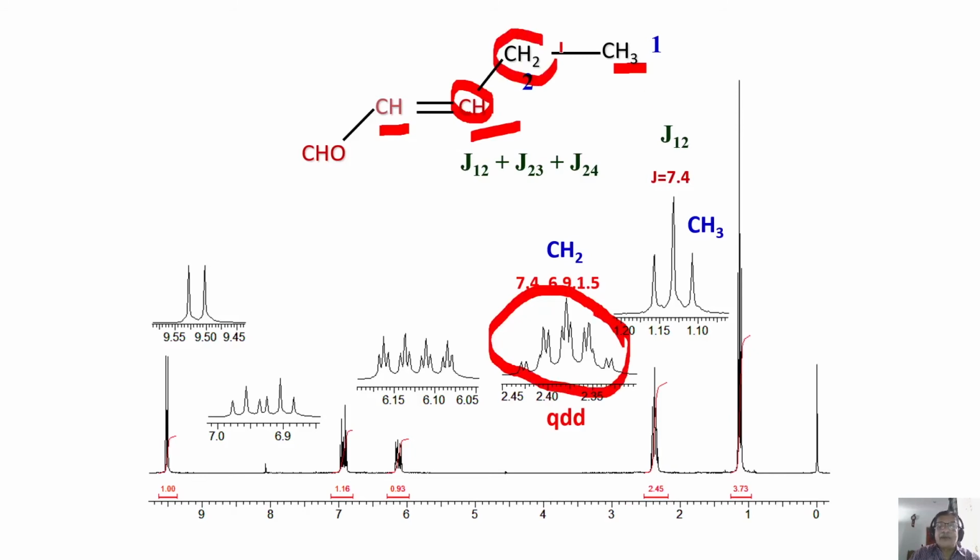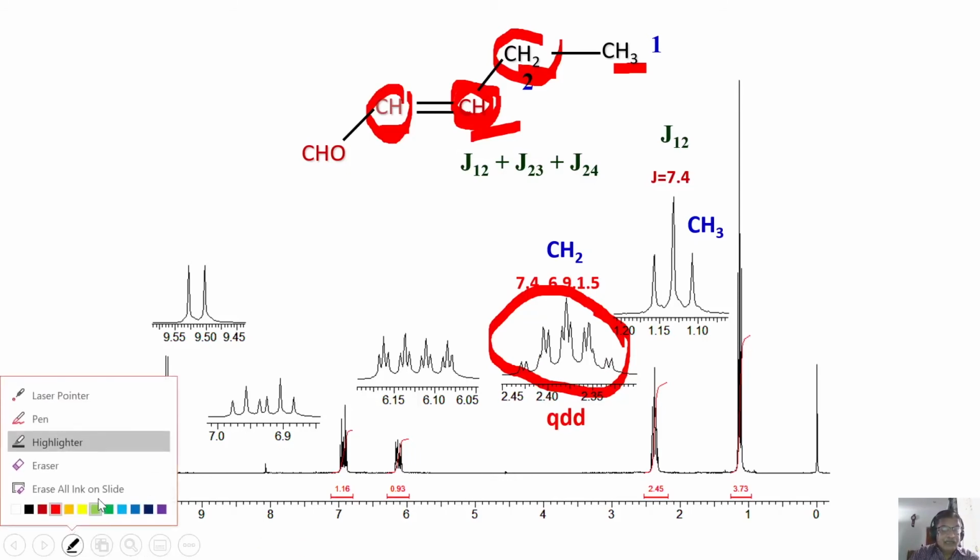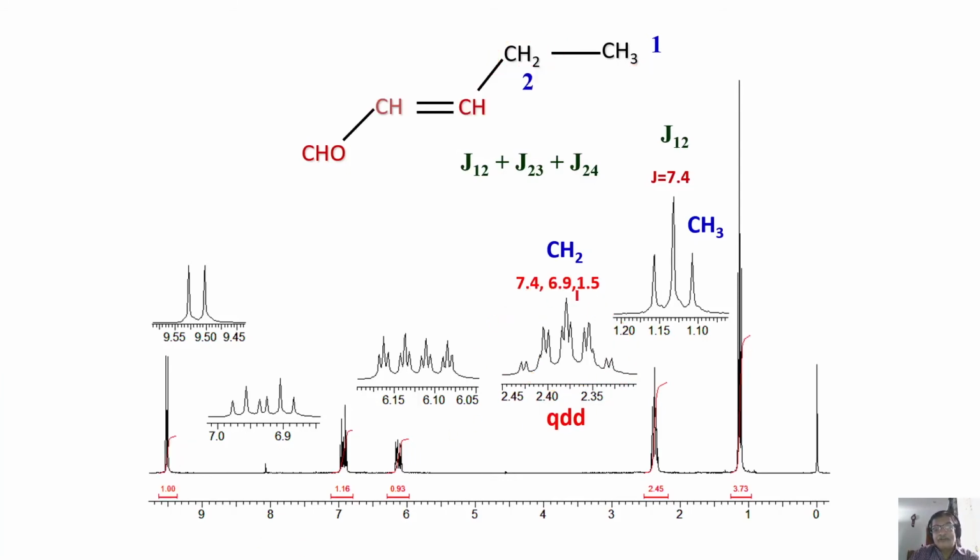First, it is a quartet because of this, and a doublet because of this. This is a long range coupling with this proton. As a consequence, the doublet of quartets is further split into another doublet, each line of that. So it is going to be a quartet of doublets of doublets. Very clearly, we could make the assignment, and it is also clear from the complex pattern here. That is done. What is the next one?